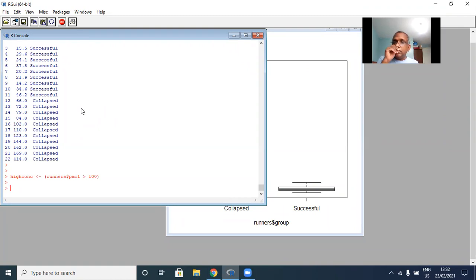So I'm interested in the concentration level being greater than 100, right? Now if you want to pick that subset, then you